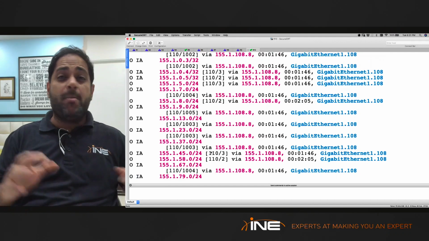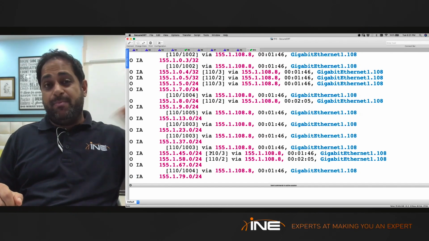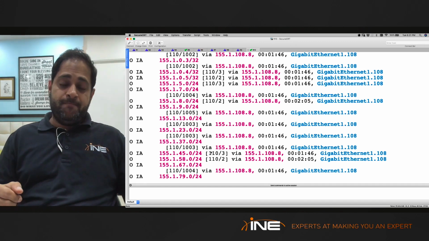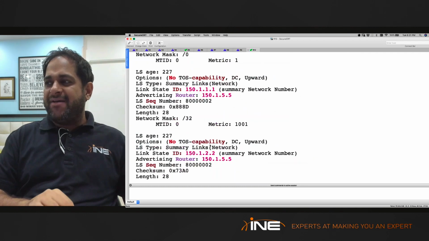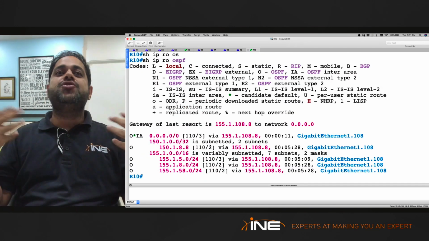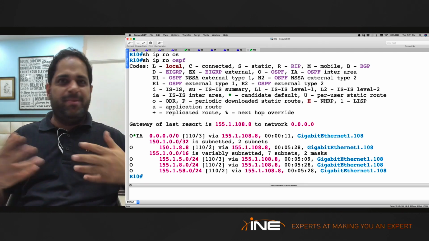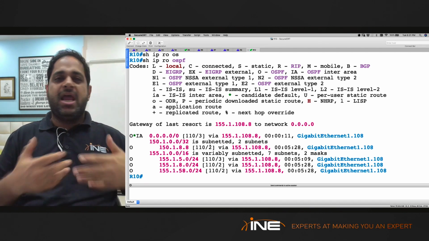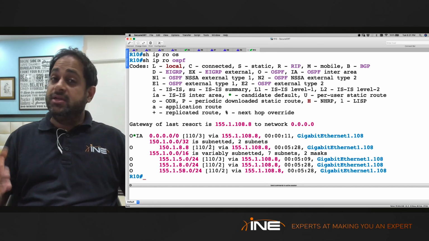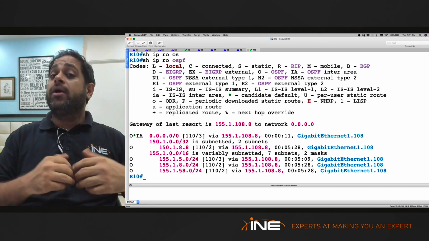I had so many inter-area routes, and before configuring stub, I had so many external routes also. So with Totally Stub, all I have now is a few routes, which are my intra-area routes. So maybe 5, 6, 10 intra-area routes,